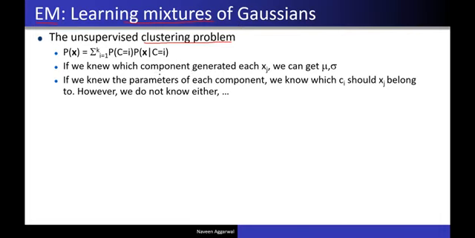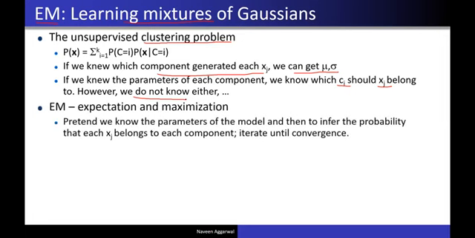Normally, if we knew which component generated each Xj, and we knew the mean value and the standard deviation, then knowing the parameters we would know the class to which a particular example Xj belongs. If we do not know any parameters, that is, the mean and sigma values, then we have to develop a theory to get the expectation maximization algorithm. So we pretend that we know the parameters. We don't know whether they are correct or not, and even then we try to infer the probability from them.